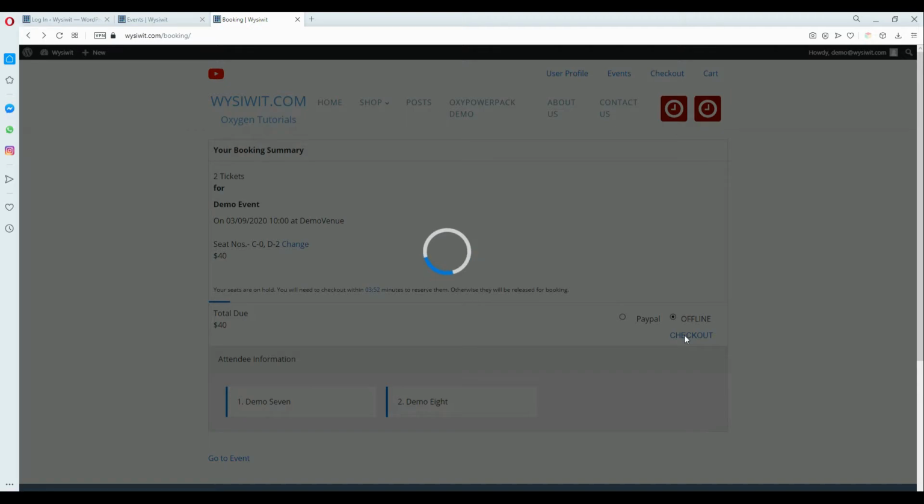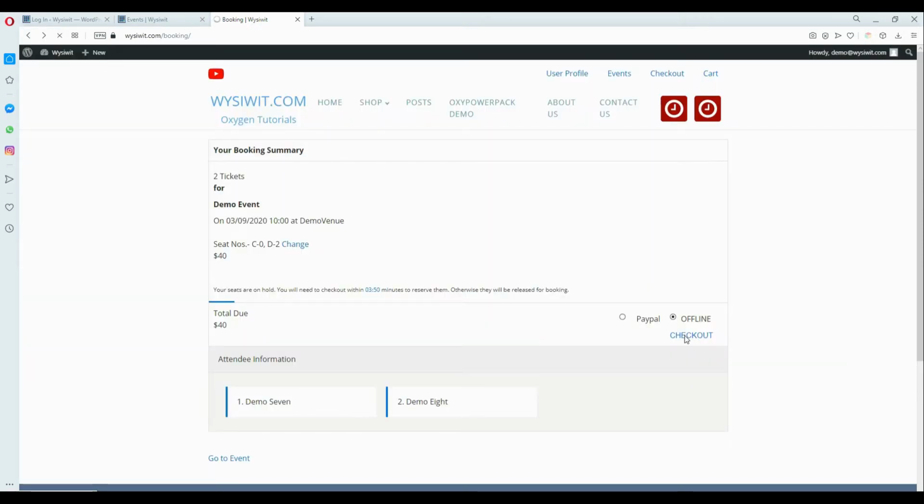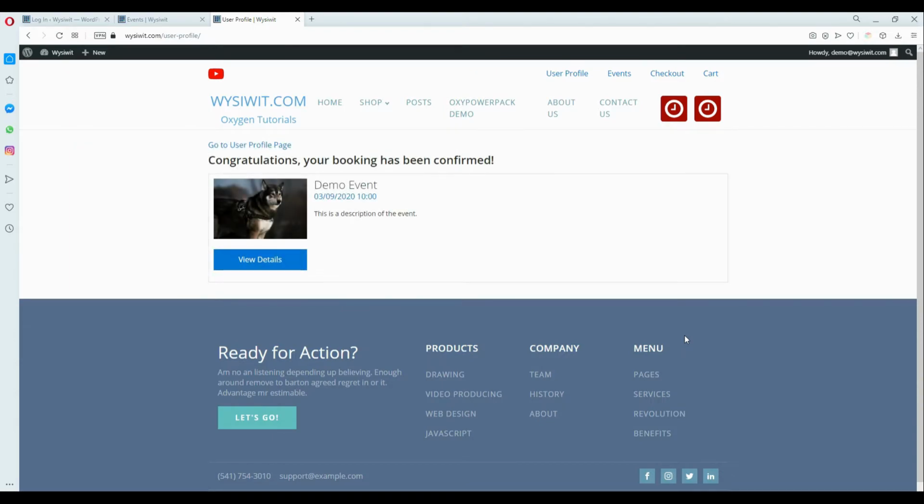So we've selected the offline option and we direct it to the checkout. And you'll see that we have in fact been given access to the event. However, the payment reconciliation would occur offline. So important to then include in your confirmation mail the bank account details so that the user can make the